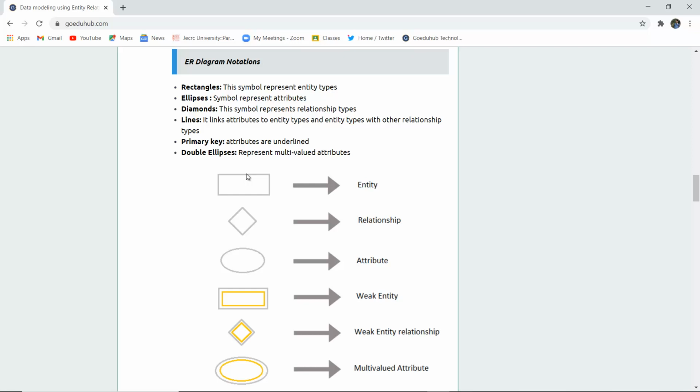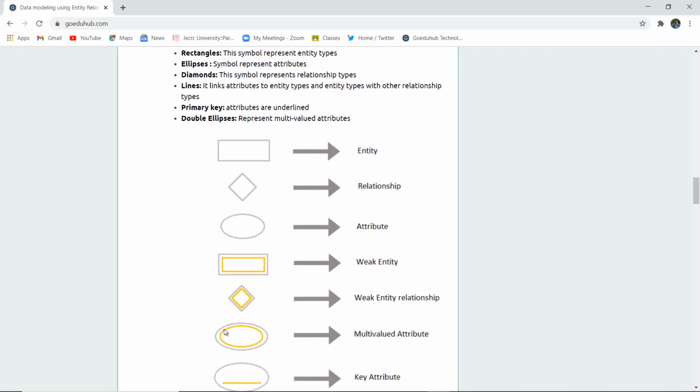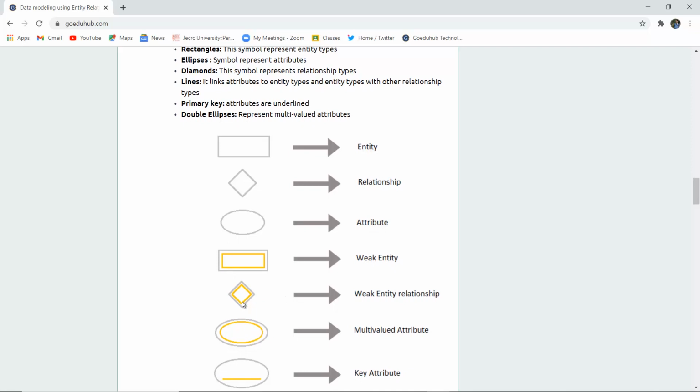Now, for building an ER diagram, you need several notations. The first is the rectangle, which I have already said is used to denote the entity types. If your entity is weak, then it has to be denoted in a doubly encircled rectangle. Similarly, for a relationship, there is a diamond shape. And if your relationship is weak, that means along with a weak entity set, then it is enclosed in double diamonds. Lines are used to denote the flow or links between the attributes and their entity type.